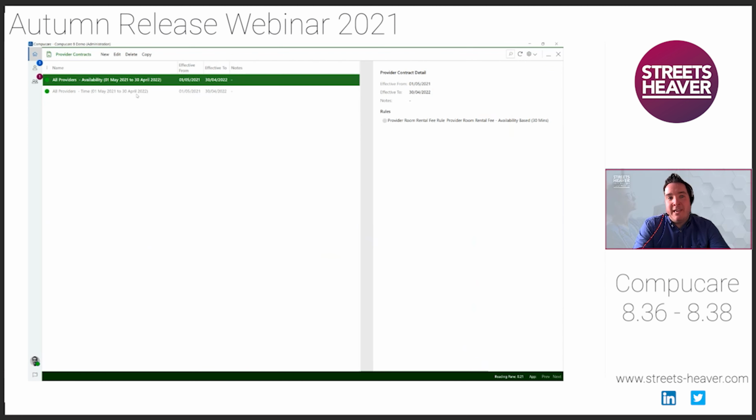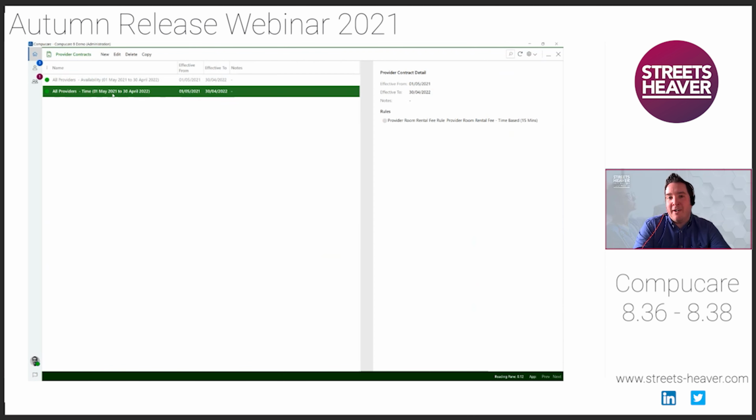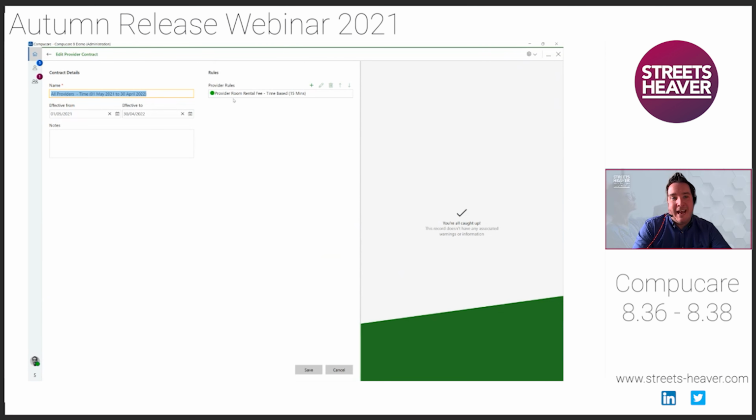So we had one based on the availability. So if Dr. Jones was using that Tuesday clinic room every Tuesday between the hours of 9 o'clock and 1 o'clock, we would automatically get a 4-hour charge for each Tuesday billed to Dr. Jones for the room rental. We also had an option to do that by time. And so the time was based on how long the room was actually in use for. So yes, she might have had the room reserved for 4 hours, but how much of that 4 hours did she actually use? So if I was to go into my rule by time and have a look at it,